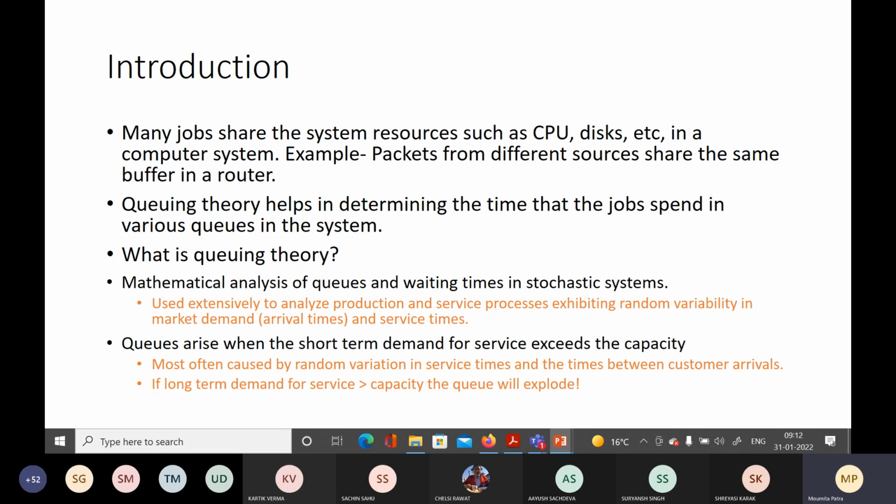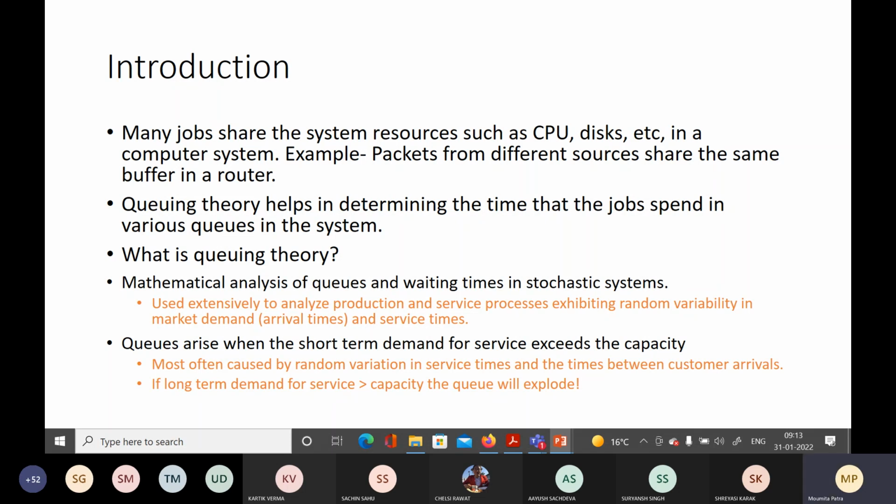I am assuming that you all are aware of what a stochastic system is. If not, please go through Rajan's book. I've already told you to go through it, the basics chapter with all the probability distributions, etc. So please go through that. Those are your basic mathematics, and I think stochastic systems also come under that. So please, the definition you should know.